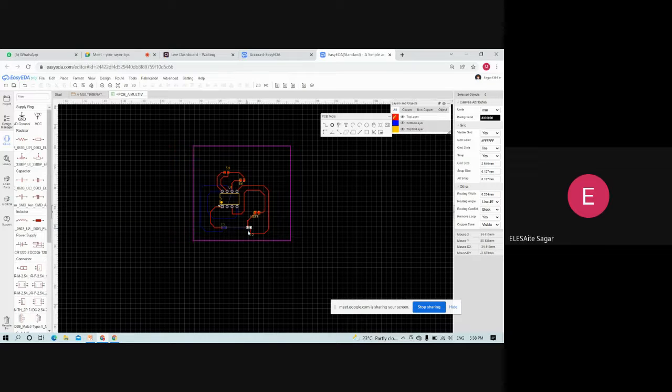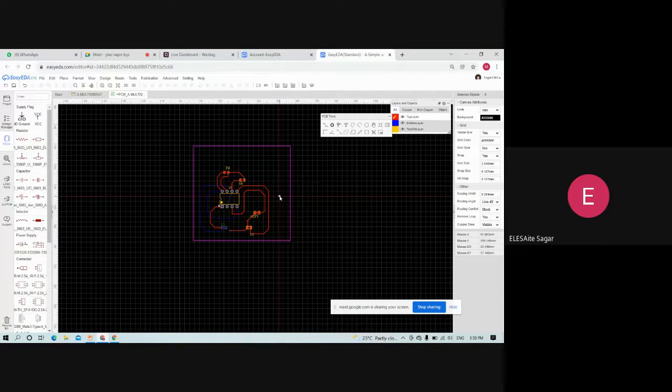Now this component is on the top layer and this component is on the bottom layer. So here we need to add a via. So I will select via from here. First of all, we need to connect this. I will stop the connection here and add a via here.